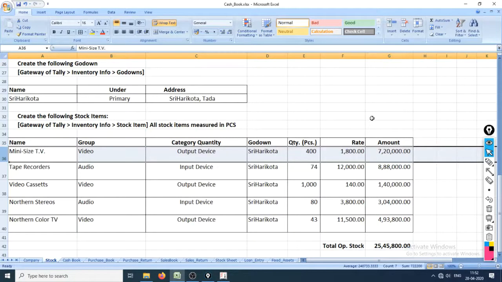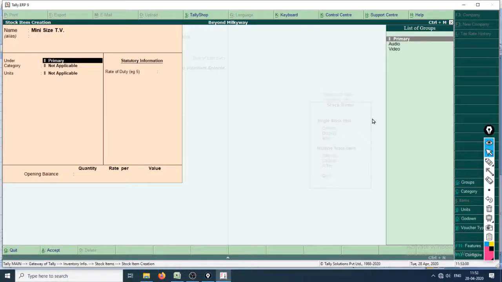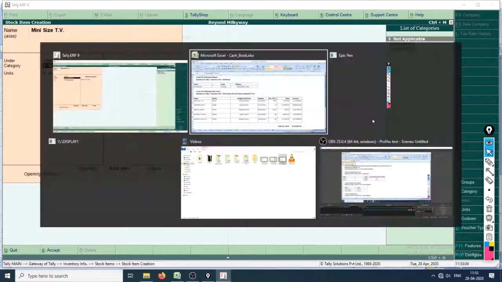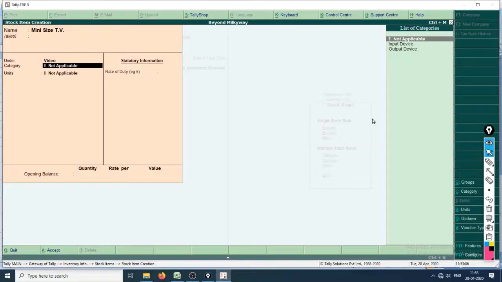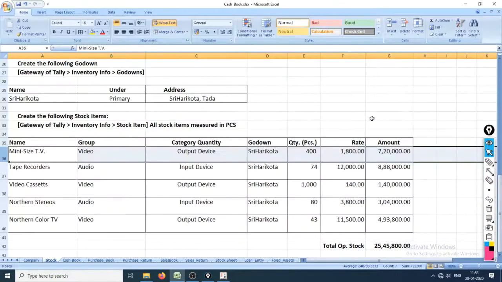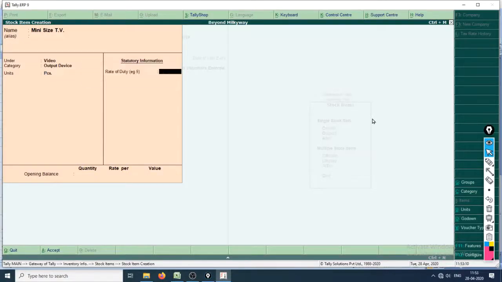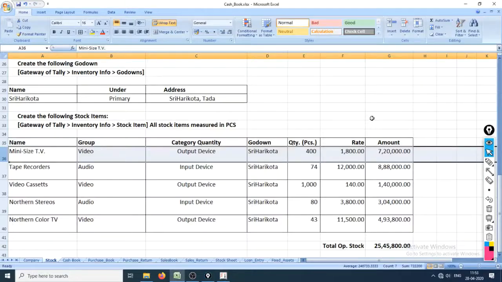It is under the group video, and the category is output device. Units is pieces. Godown is not being asked, so that's okay for us, we don't have to worry about it.